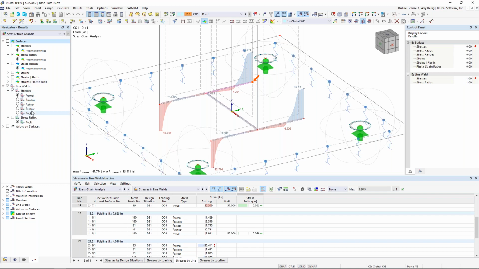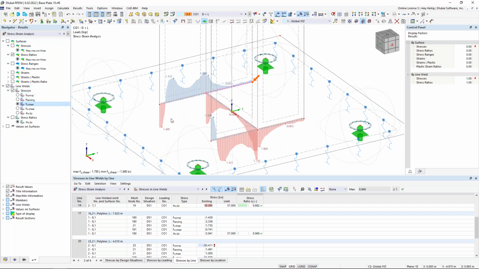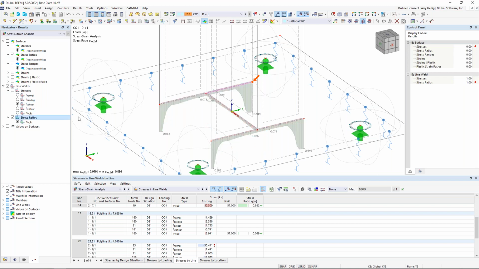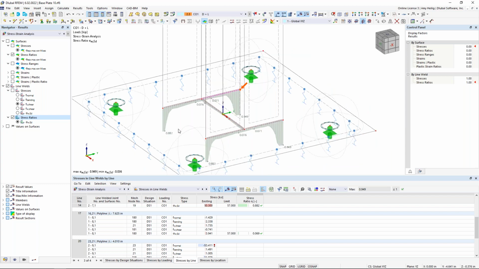So we also have the options to view these graphically here, and you can see the line weld stresses. We can change the view of these. So that option to smooth over the results, this is what I was referring to. Essentially, the program can set this to a linear distribution here, constant, again, if we're maybe comparing to hand calculations. Otherwise, we won't have any smoothing going on. And of course, the stress ratios are shown here as well. So a great new feature, again, that we added within RFEM 6 that will be helpful for some of these FEA connections. All right, so we will move on to our final example today, and this one should